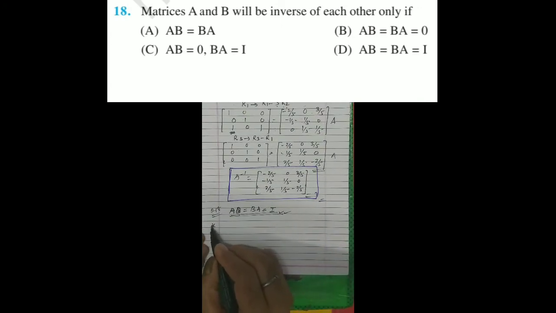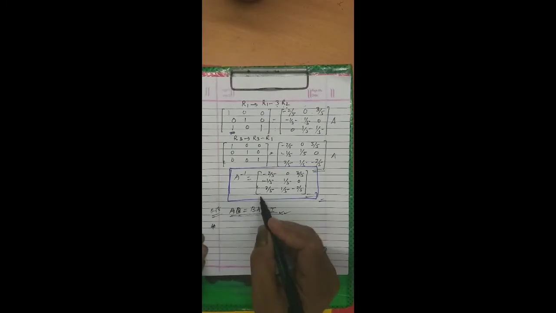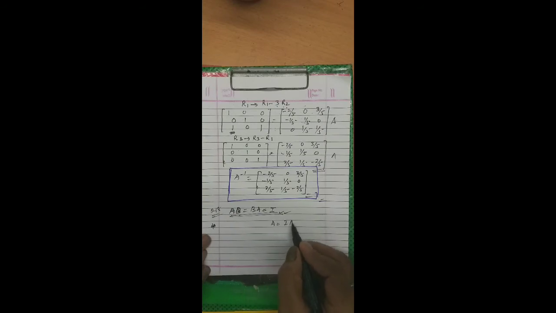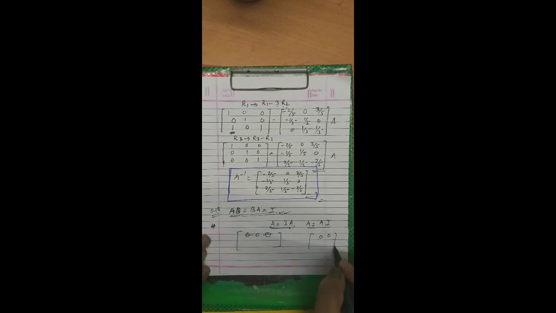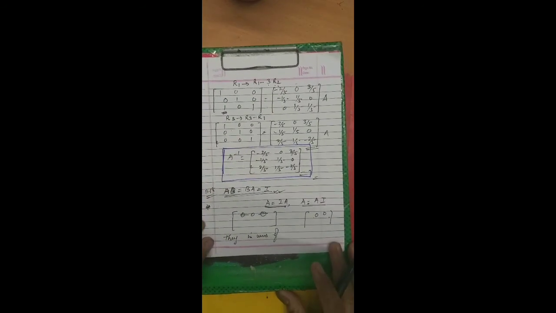One more important thing I would like to quote here about this exercise: if you are giving operation like A is equal to IA row wise or A is equal to AI column wise, while doing so, suppose at any point you get all the elements of any of the rows in a 3 by 3 or 2 by 2 matrix, if all the elements of any row become 0 by applying any operation, then you say that the inverse of that particular matrix is not possible. You will say inverse does not exist.